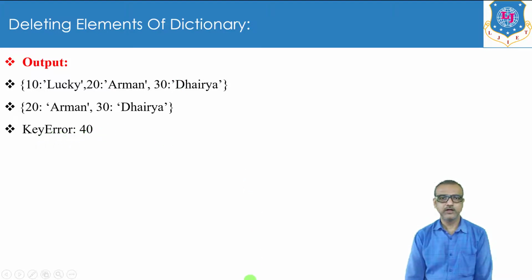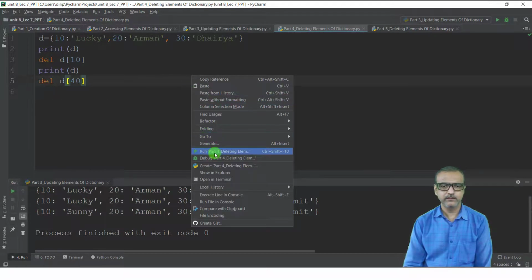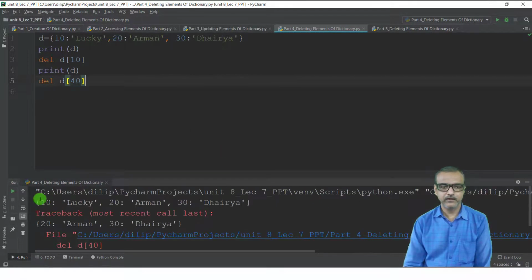Now I will show you the output of this program in PyCharm. See, I have written this same program. Now I will just run this program. Click on this run button. Now you can see the output over here. For this print D statement, we have this dictionary as output. Then after applying del of D of 10, this key-value pair, that is 10 colon Lucky, will be removed from this dictionary.